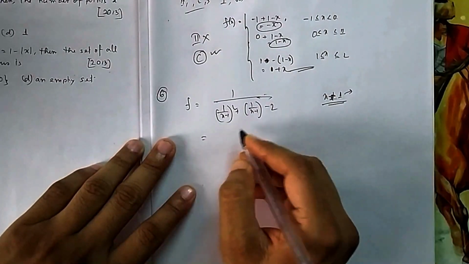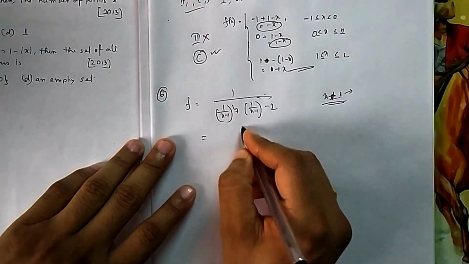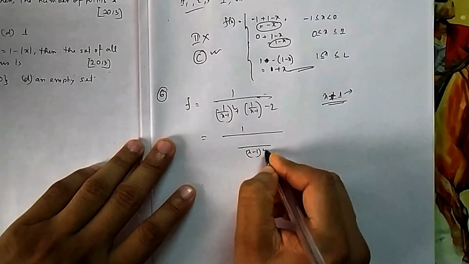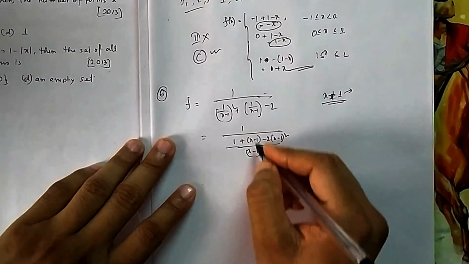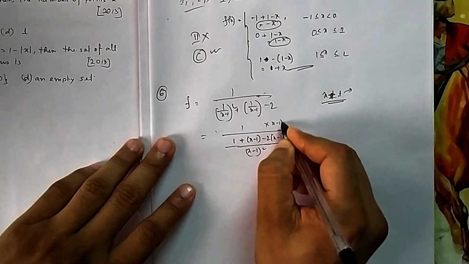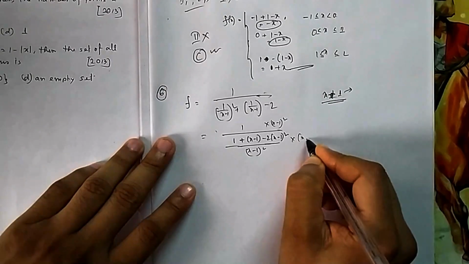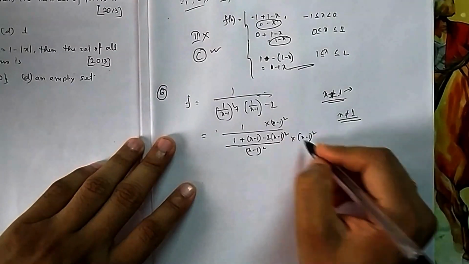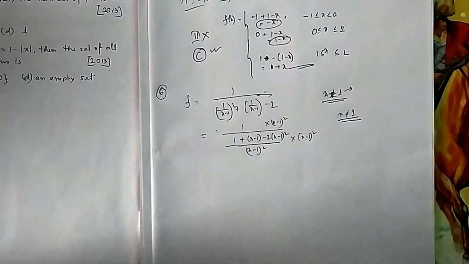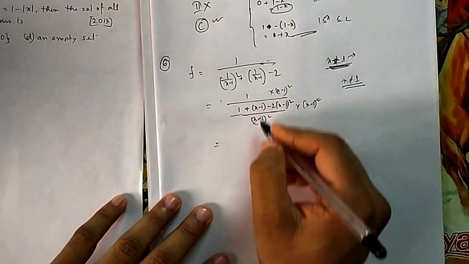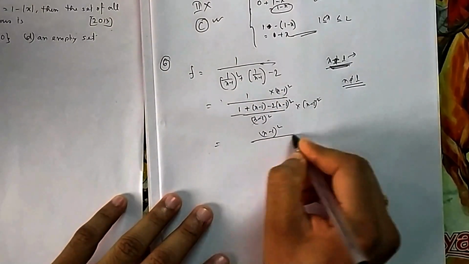That is okay. Now if x is not equal to 1, then you can actually do it, you can take the LCM here. We are multiplying the denominator on both sides by (x minus 1) whole square. And we can do it because I am not considering x equal to 1, I am considering x not equal to 1. That's why you can multiply. That's why I told you x cannot be 1. That's why one discontinuity is there. If x is not equal to 1, then you can do this. Then this gets cancelled, then you can simplify and proceed.